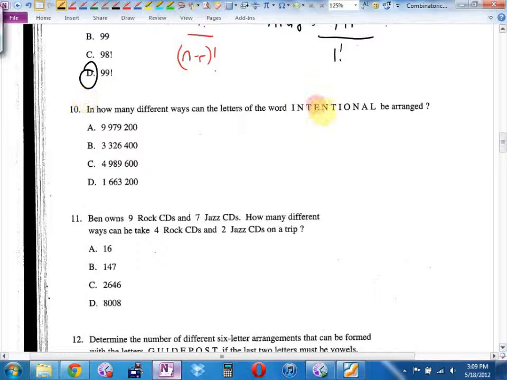1, 2, 3, 4, 5, 6, 7, 8, 9, 10, 11. It's going to be 11 factorial over 2 i's, 3 n's, 2 t's, 1 e, 2 i's already did, 1 o, 1 a, 1 l. It's going to be that, which is what,